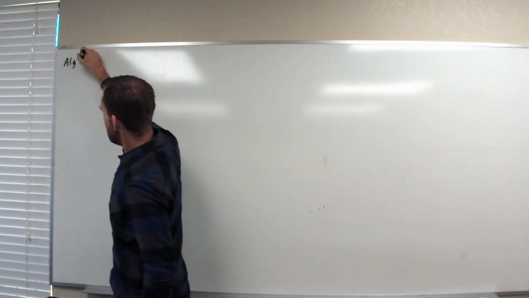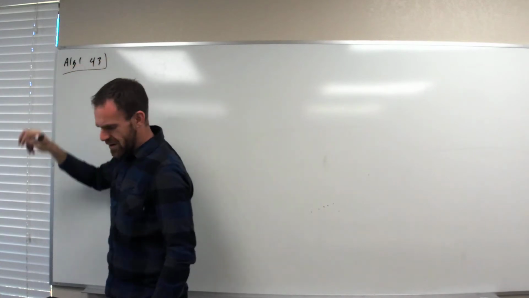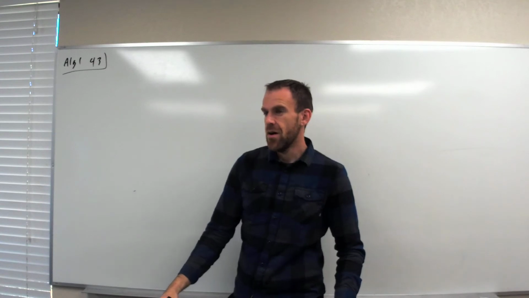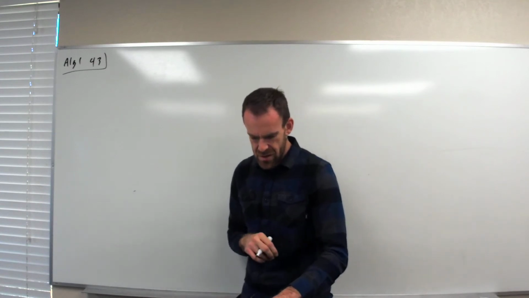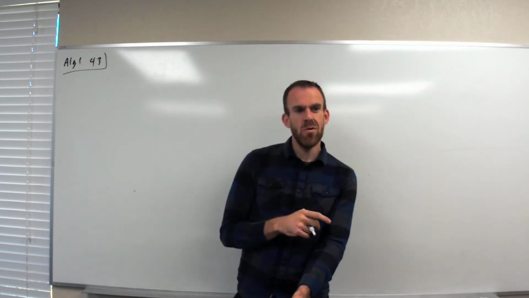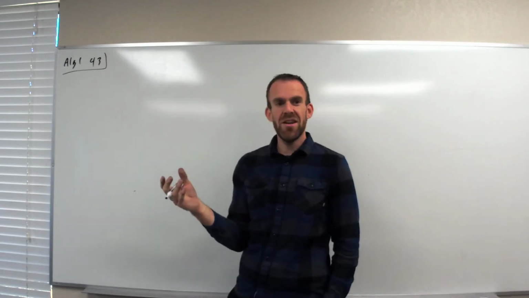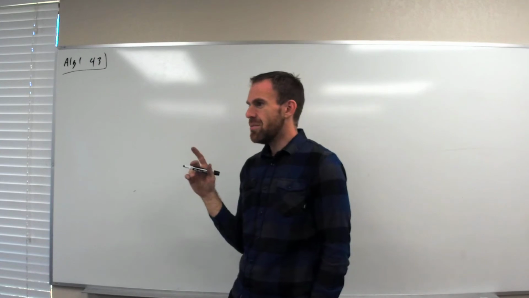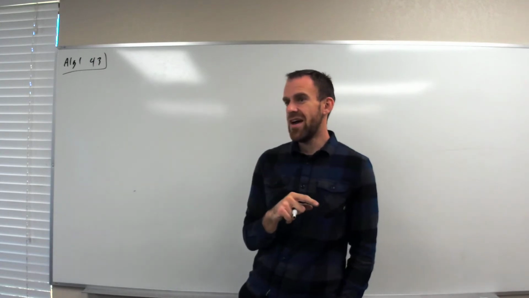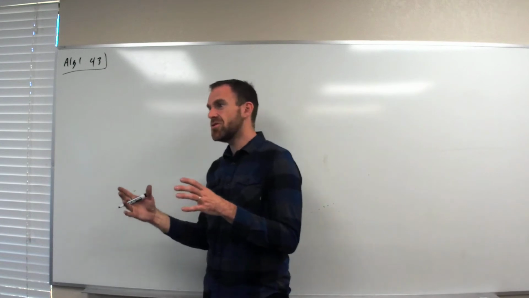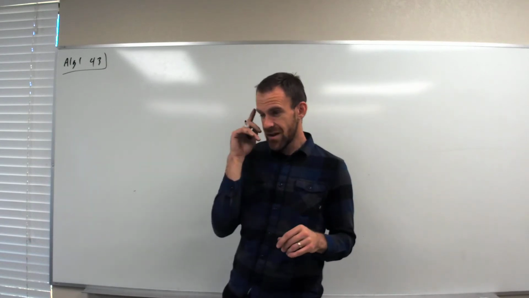All right, Algebra 1, lesson 43. So today we are going to find the least common multiple of multiple numbers. You use the least common multiple when you're adding fractions all the time, right? You need the least common denominator to get them to add. So a multiple is bigger than your numbers. You want to find the number that your numbers will go into, okay?